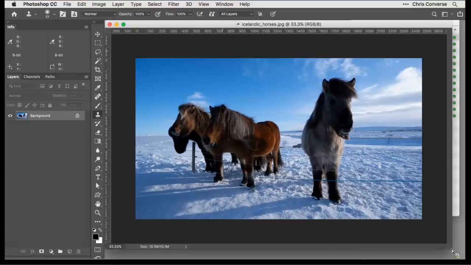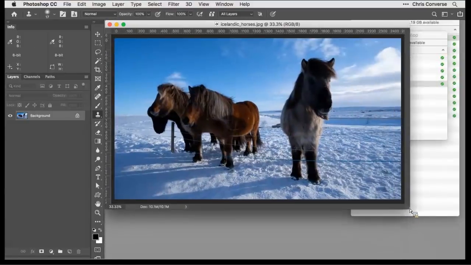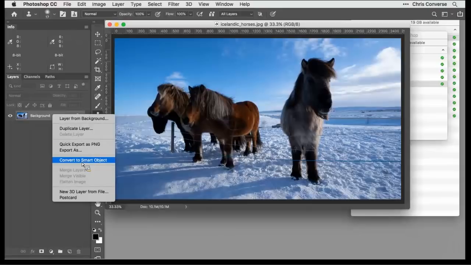And so I just wanted to quickly show you some features that a lot of the professionals will use to make their images just really stand out. And these are things we can do really quick. So in the Layers panel, I just opened this JPEG file, so I have a background layer. So what I'm going to do first is simply right-click on the background layer and just convert this to a